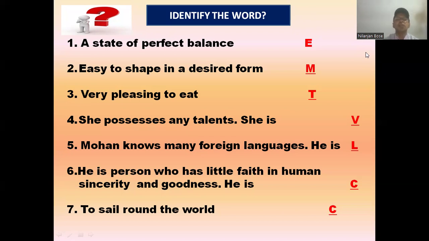So the first answer is equilibrium. Second one is malleable. Third one is toothsome. Fourth one is versatile. Fifth one is linguist. Sixth one is cynical. And the last one is circumnavigate. So my dear students, I'm quite sure that many new words right now you are going to have under your custody,